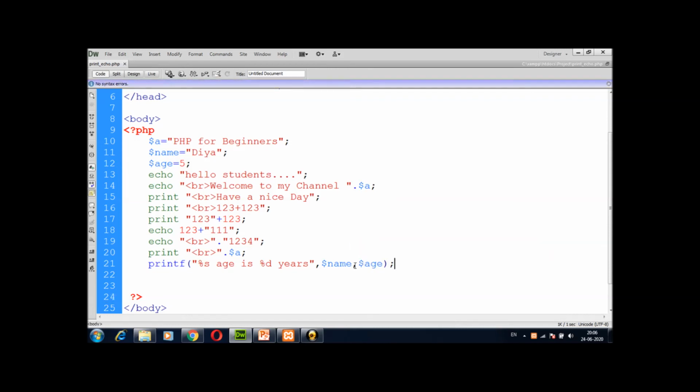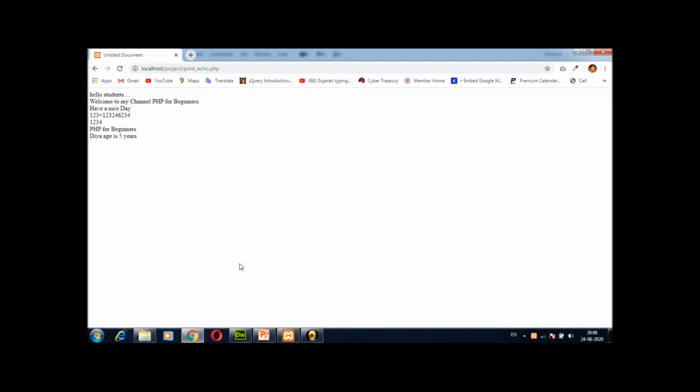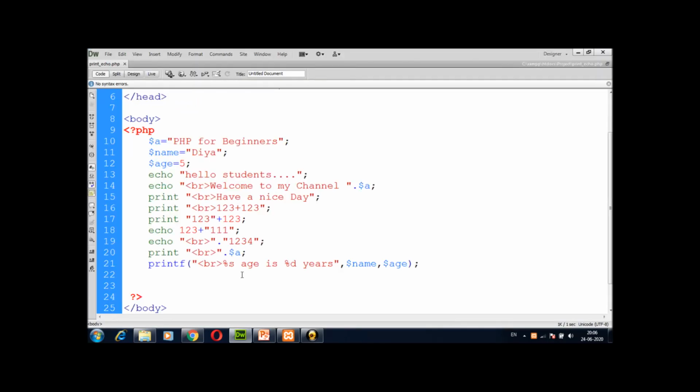Now semicolon. Again I use a break here. I can also use a break statement. It will print on a new line: "age is 5 years". Okay, so it is going onto a new line. And whenever you use new line syntax, use the break symbol before and after that double quote statement. Or if you are removing double quotes, then you have to concat double quotes in the break side like this.